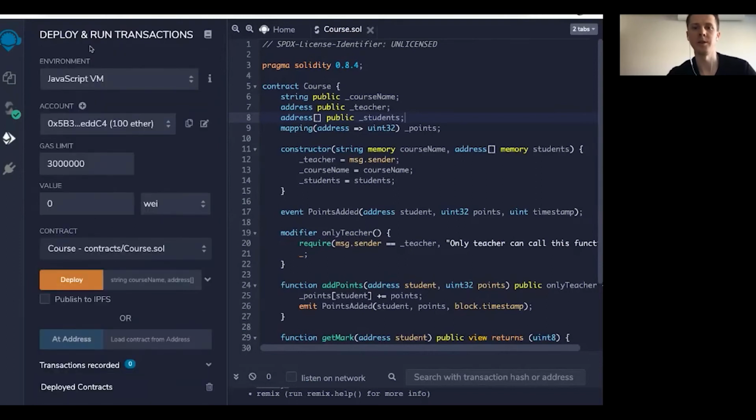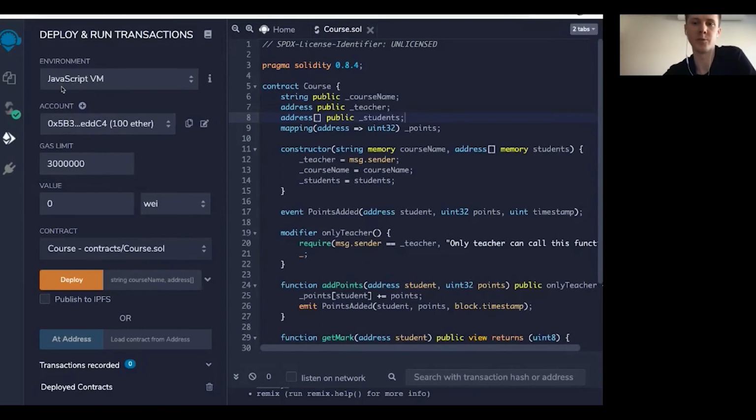So what will happen right now is that in our web browser, an implementation of Ethereum is run. This implementation is written in JavaScript, obviously, and it lets us play around with Ethereum. That's why we don't change the environment here. Remix is also capable of connecting to MetaMask, which is an extension that I have also installed here, which enables us to use it in production as well. So if you wanted to deploy a contract to a real network, it's also possible using this tool. If you decide to stay with a JavaScript virtual machine,